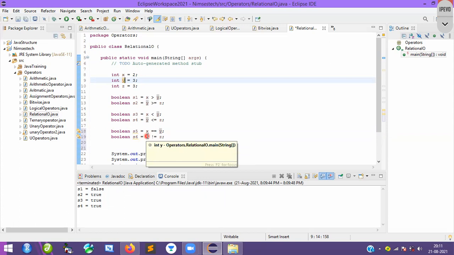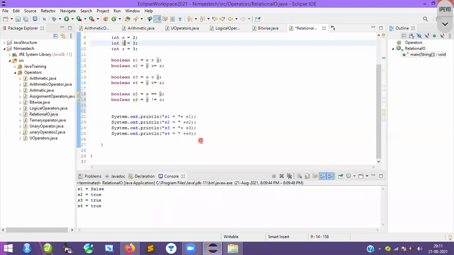Again, here you can see what is the value of y? Y is 3. What is the value of z? Z is equal to 3. Both the values are 3. But what is the operator you can see? y is not equal to z. Is it true or false? It is false. Basically y equals z, but it is saying that y is not equal to z. Basically it is false.